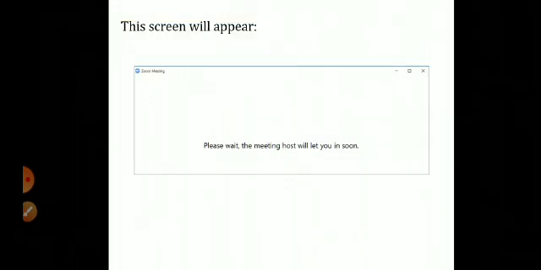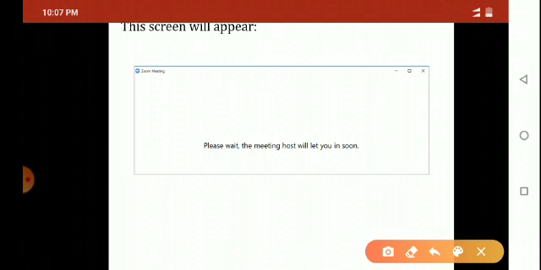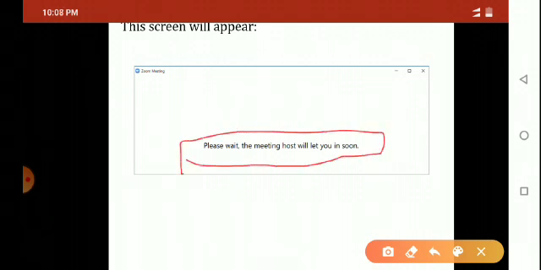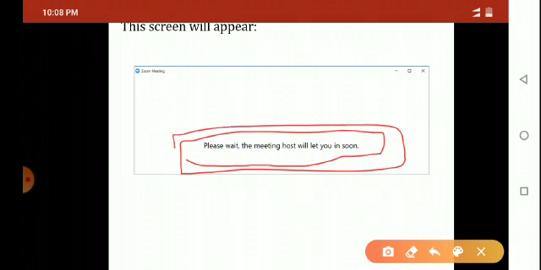The computer will show you a message: please wait, the meeting host will let you in soon. That means whoever arranged the meeting or the class will allow you to enter. When he allows you, you can see this screen on your computer also.